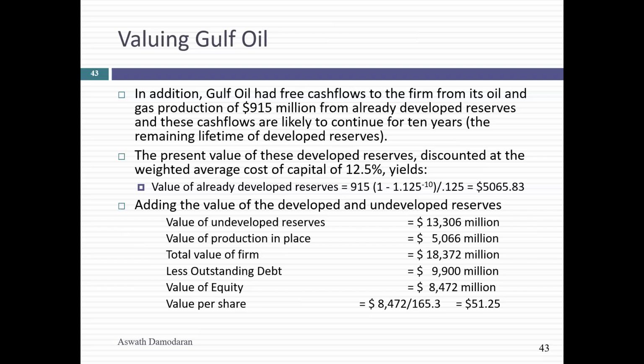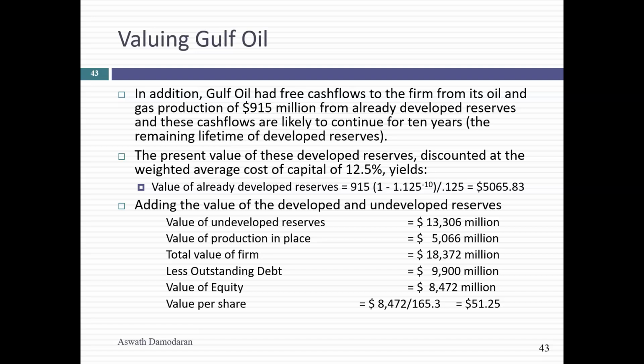So natural resource reserves are interesting because you're getting closer to being able to apply option pricing models. Can you trade the underlying asset? What is the underlying asset? It's the oil under the ground. It's a tradable asset. Can you trade the option? Reserves get bought and sold all the time between oil companies. This is about as close as you can get to an option pricing model working all the way through.